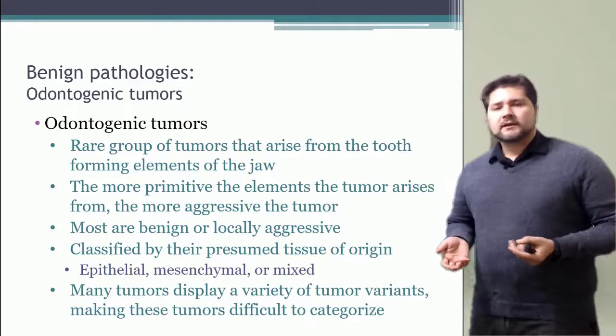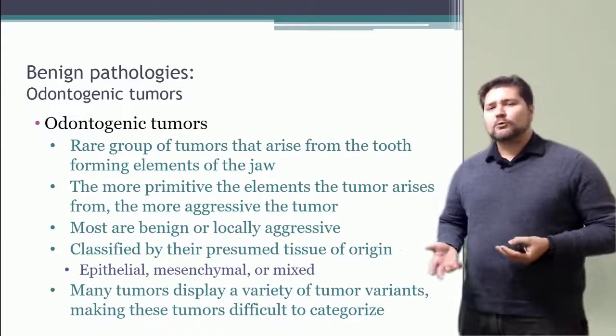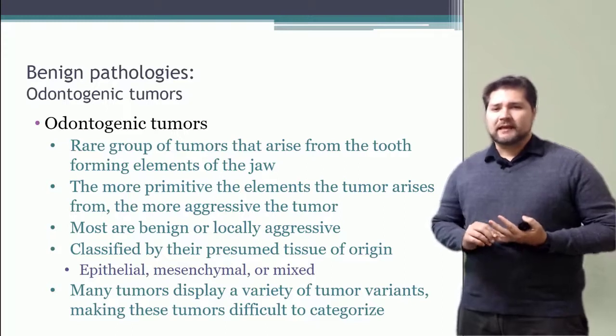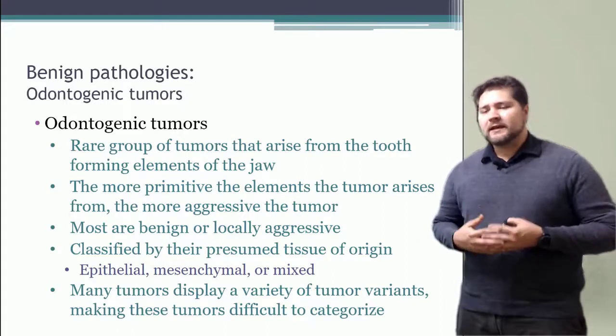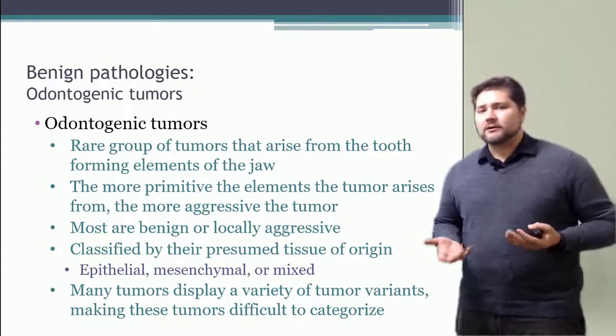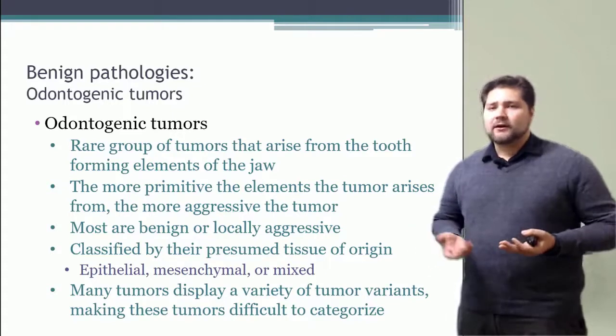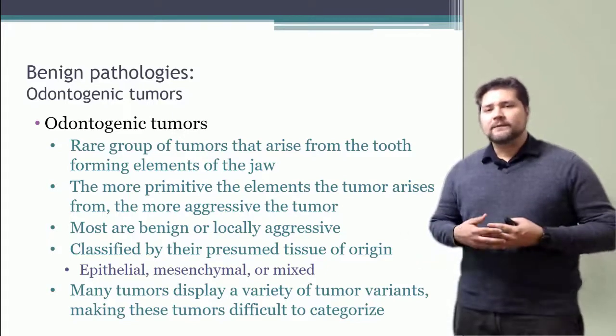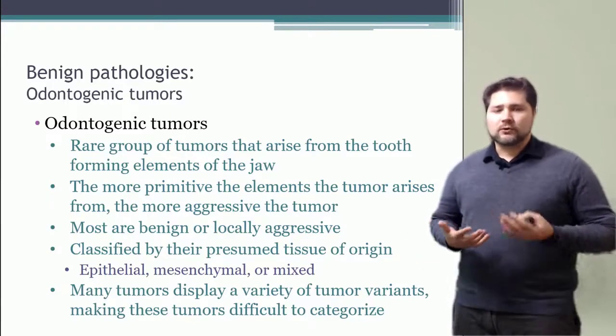So we'll first talk about odontogenic tumors, and this is any tumor forming from tooth elements, and that can be ameloblasts, odontoblasts, and any sort of the cells corresponding to those. Now, the more primitive aspect of the cells involved, the more likely these tumors are to be aggressive. However, usually, although relatively rare, they are usually benign tumors, and most likely causing some sort of local discomfort depending